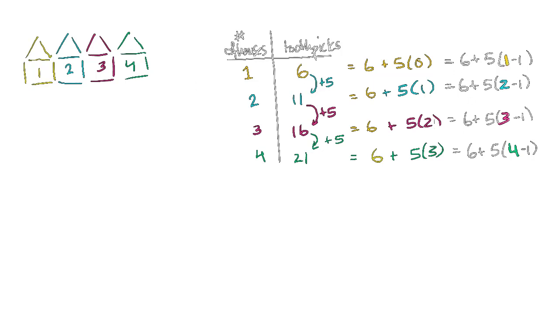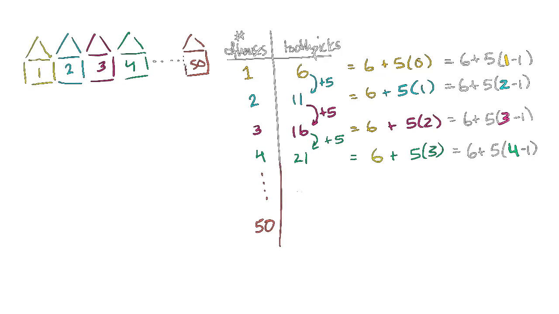So now I think we are ready to think about what would happen if we wanted to make 50 houses. So let's try to do that. So this right over here is, I'm going to do that in orange. This right over here is our 50th house. So this is the shared left wall it has. This is the 50th house right over here. So how many total toothpicks for 50 houses? So if we have 50 houses, well, we can use the pattern that we came up with. It's going to be equal to,